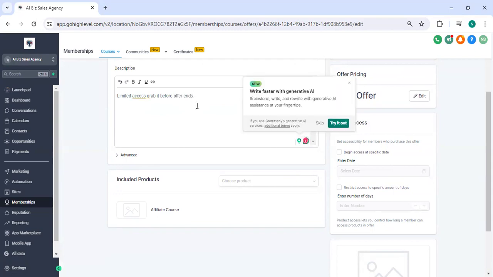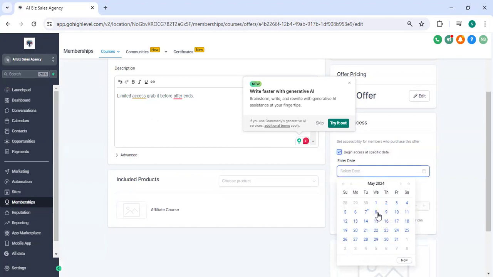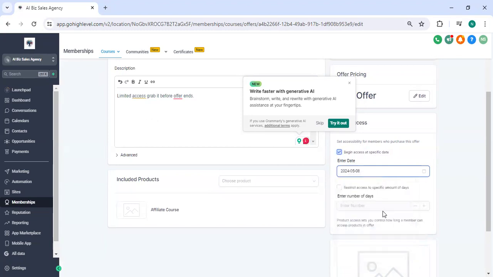You can give this as a description, and I can specify the access date, any random access date I can give, and I can restrict the access within a specific 10 or 15 days,